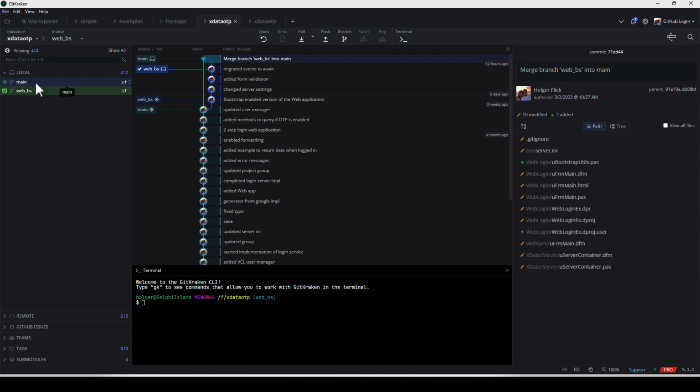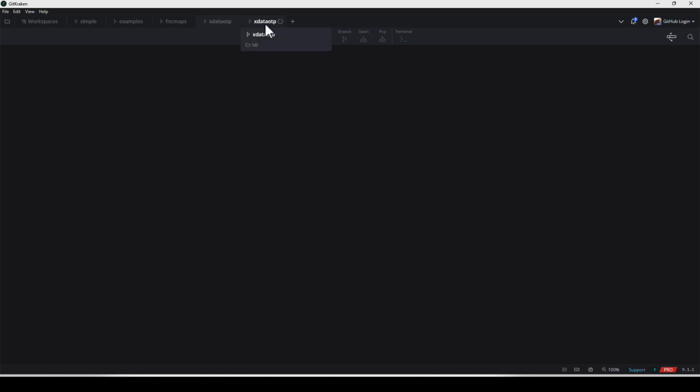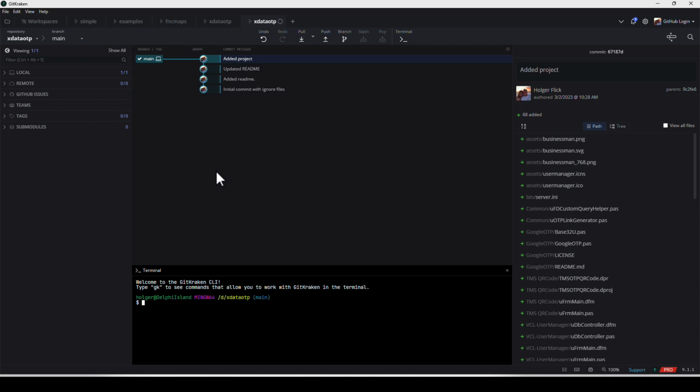If I want to go back and forth, and this is what makes the command line so complicated, you would have to switch between branches. You would have to keep a view on things. You don't have a graphical representation of what is going on. And this is what makes GitKraken so great. You immediately see what is going on. And going back to our very, very simple example, we see exactly what is going on.